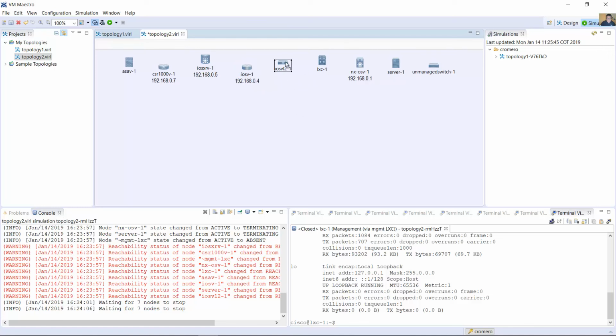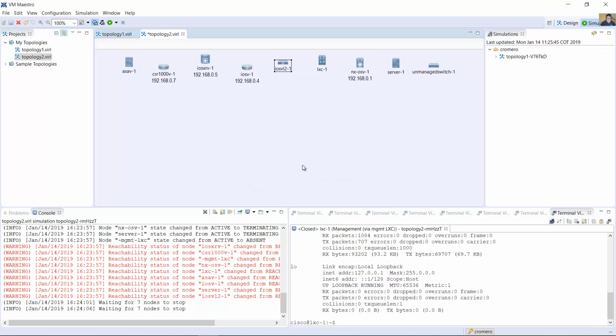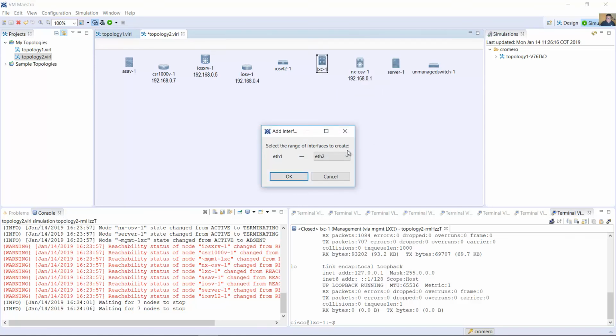Or on IOS layer 2, add interfaces from gigabit 0/1 to gigabit 0/3, for example. Three interfaces. You can add